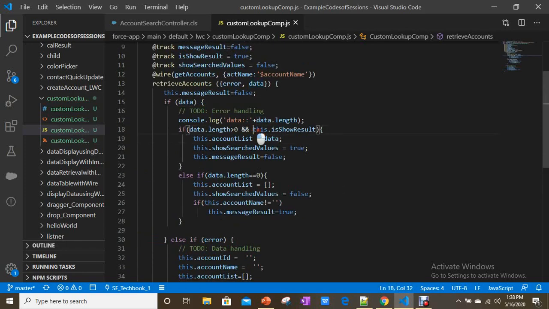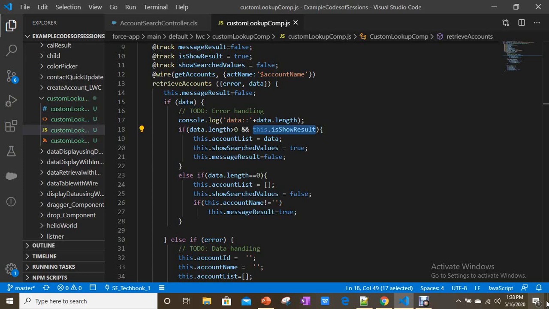So what is the need of this show result? Basically this show result will be helpful as we are using the wire method. When the user selects the record and it assigns the value to your input box, that means it is going to take it as an on change again, and then it opens the result. So to avoid that, we are using this property.